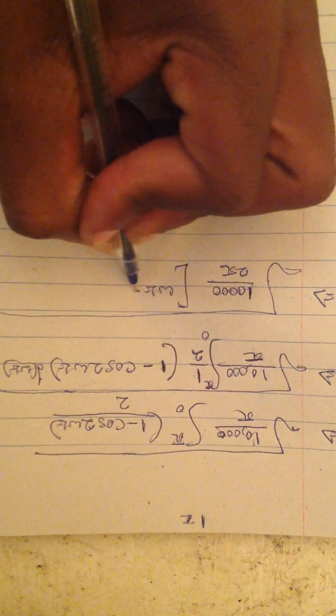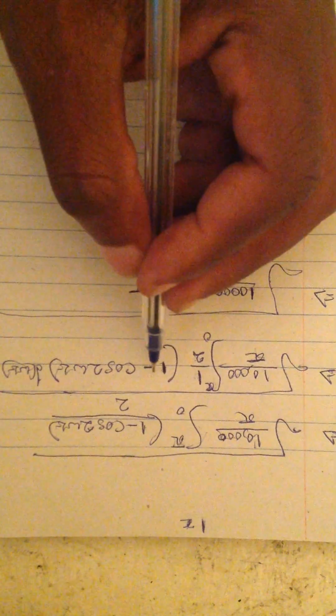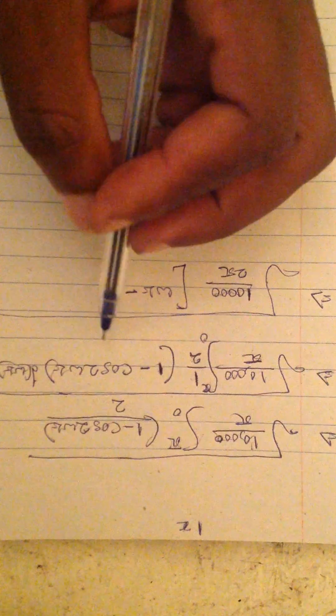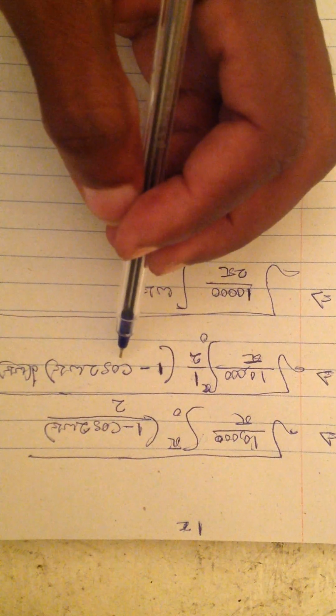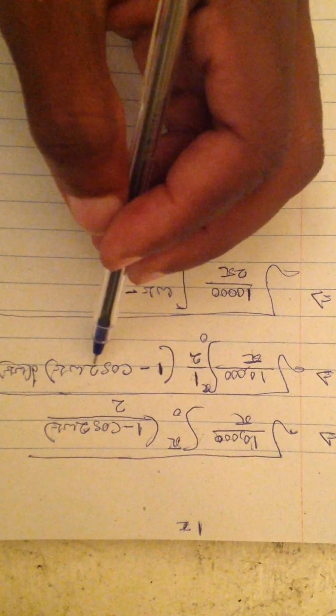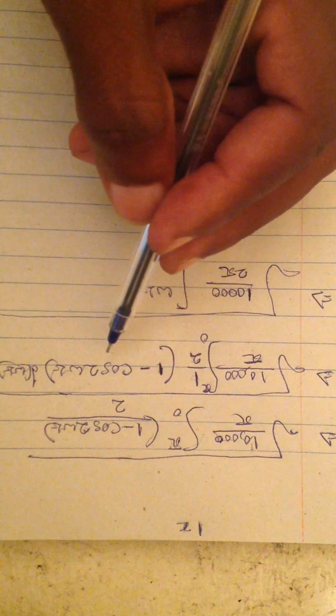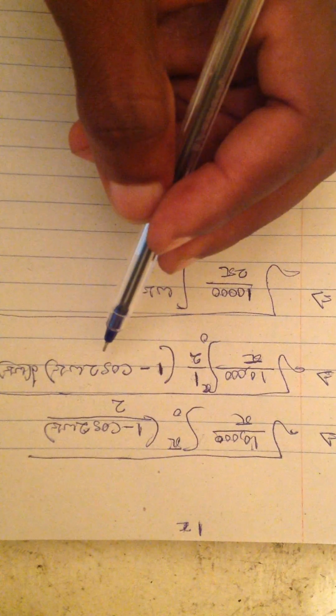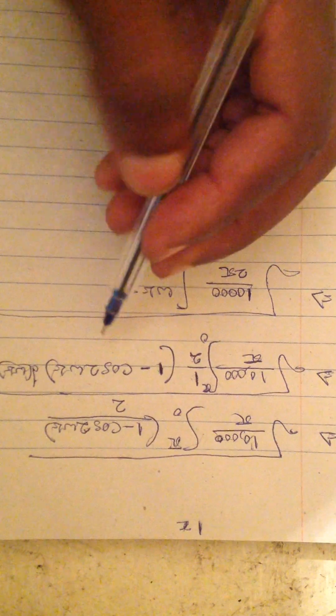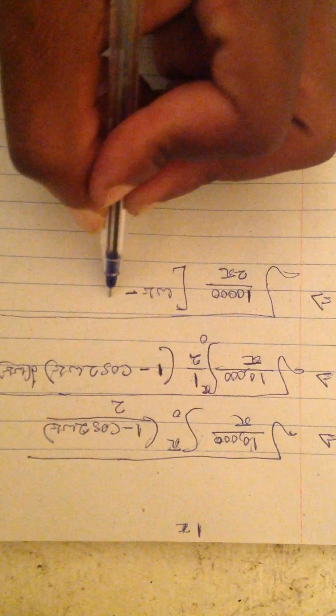Hope I'm clear. Minus, when you integrate this one, the cos 2 omega t, what are you going to have? When you integrate a cos, it becomes a sine. So here what we are going to have is sine